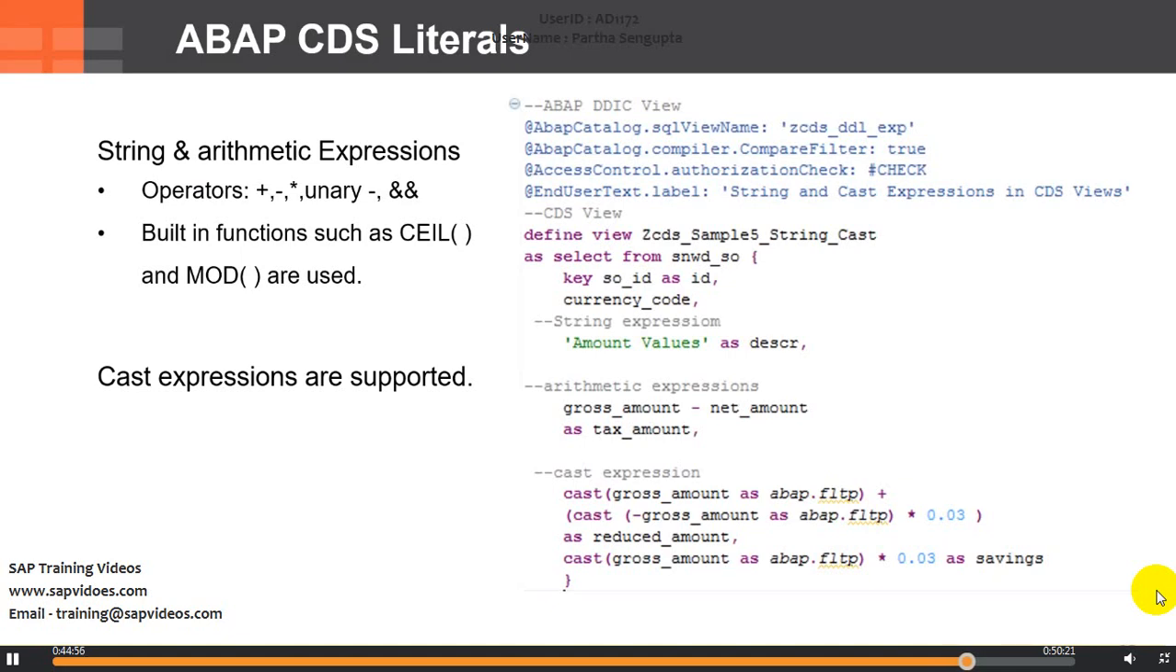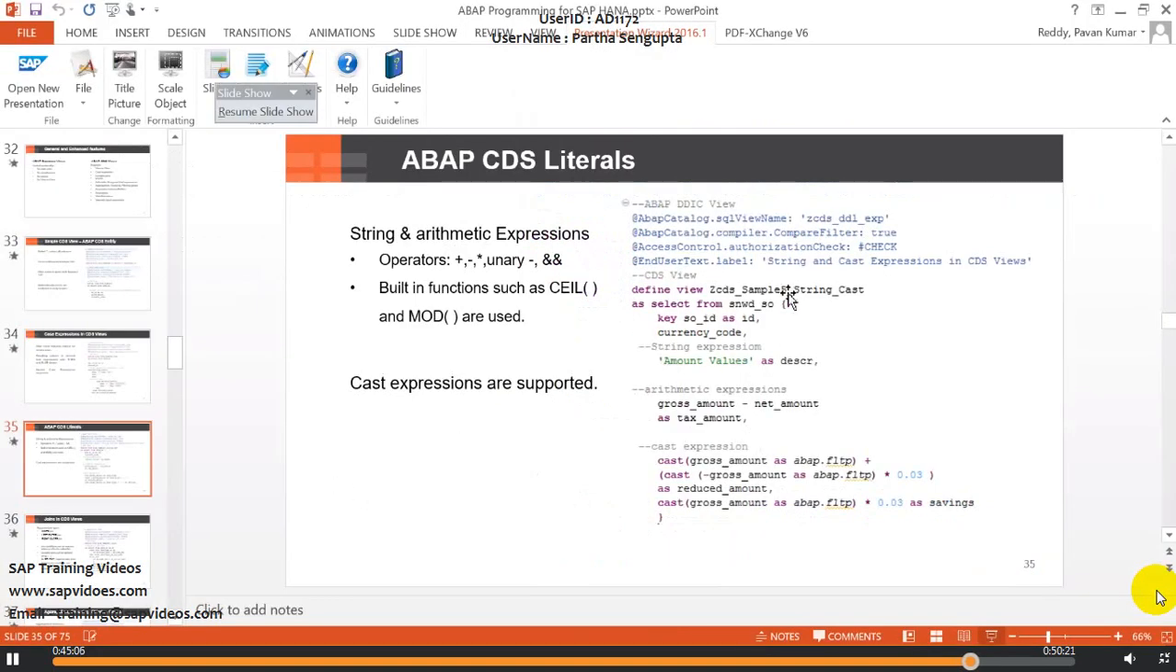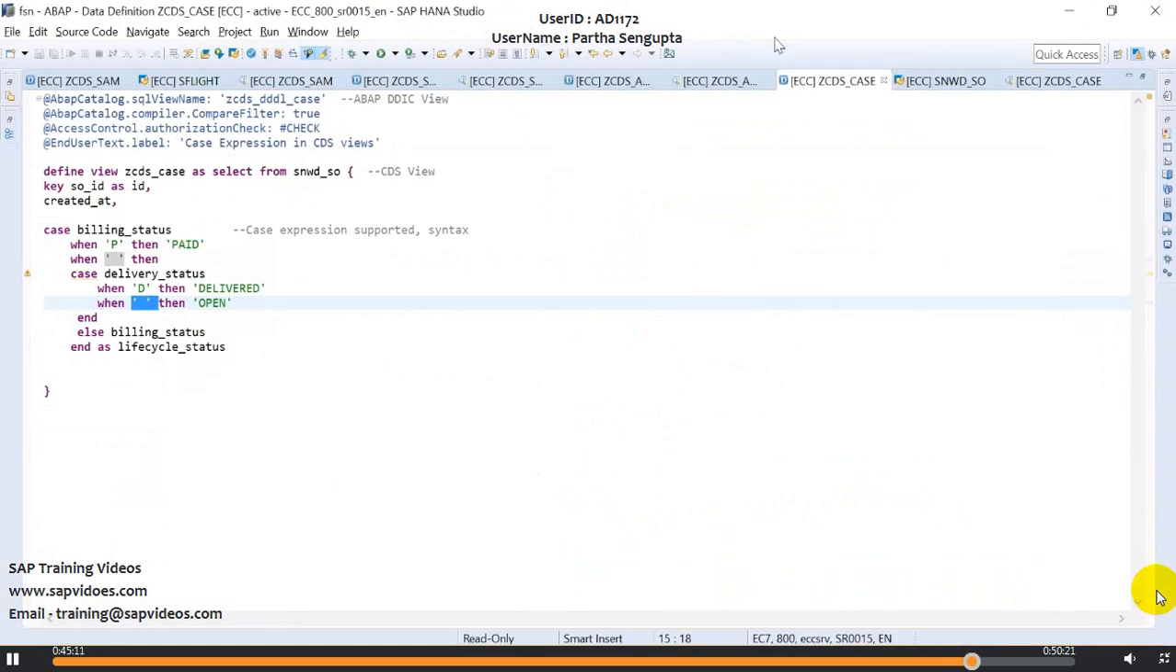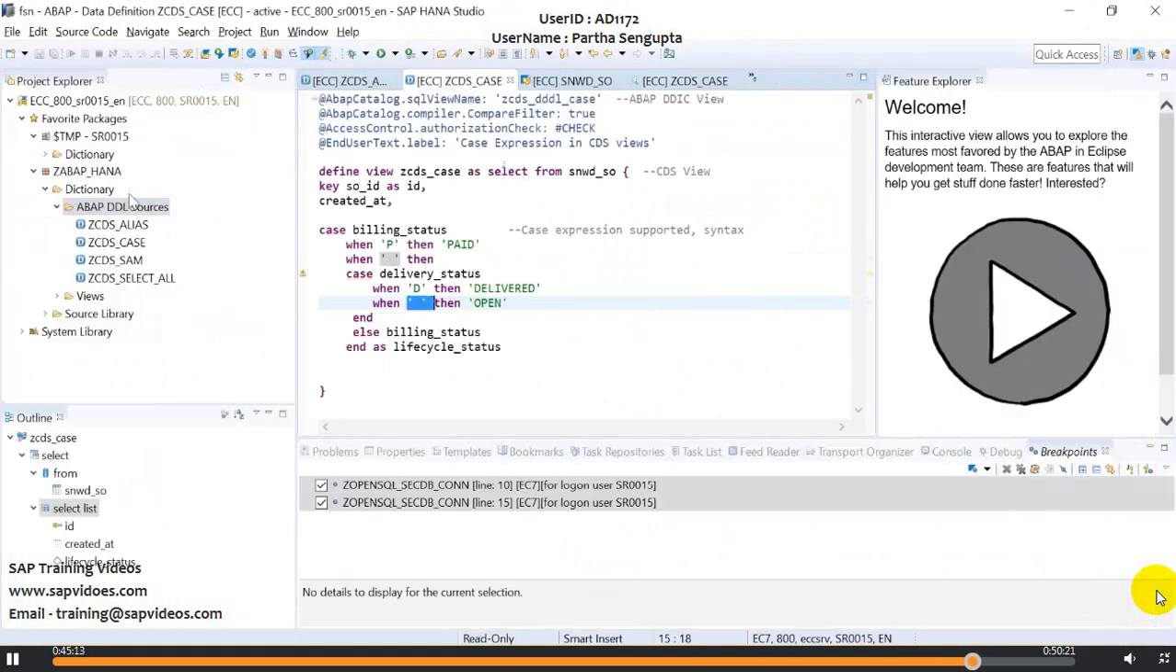All the literal expressions are also supported. That means we can have an entire field here as amount values as well. So quickly we'll go to the system and execute this and show how it works. I'll just execute this, go to this, and I'll create a